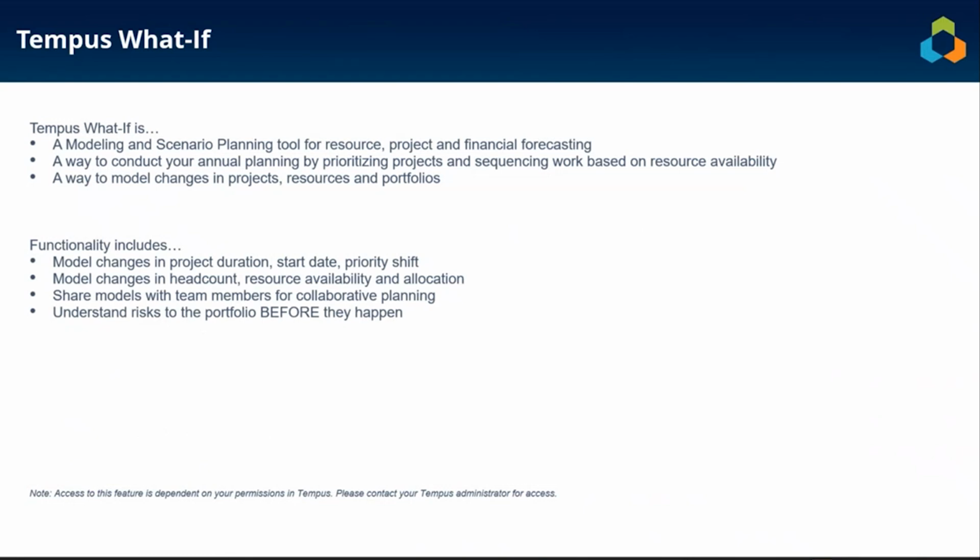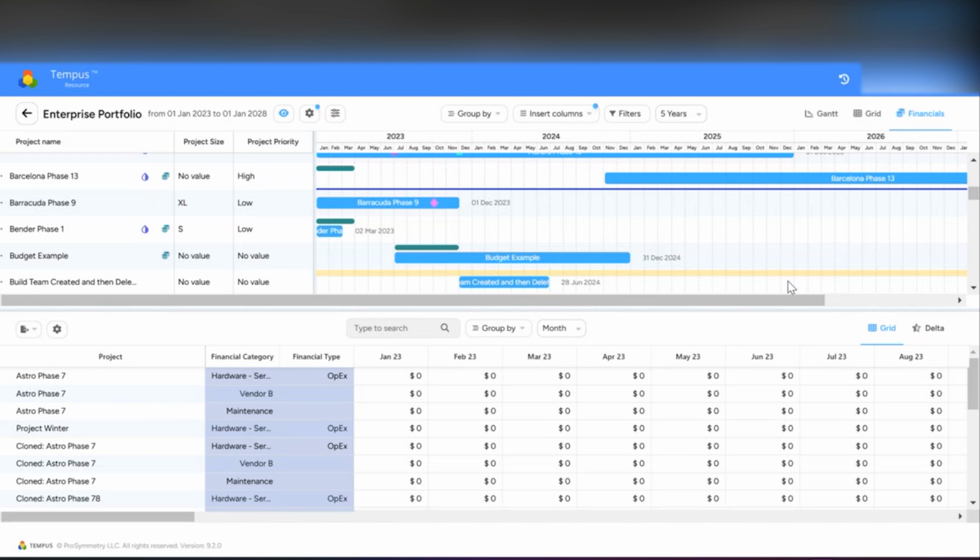Tempus's What If modeling and scenario planning tool helps you visualize the impact of changes to your resources, your projects, and your financials in real time without impacting your live data. With Tempus What If, you can conduct your annual planning exercise by prioritizing different projects and sequencing the work based on your resources availability. And you can also model the changes to your projects and your resources based on changing priorities and mid-year changes. In today's video, we are going to cover how to model different financial changes within your